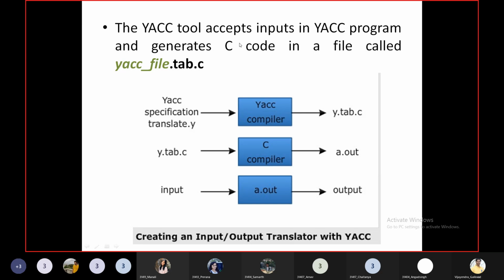So here you can read: the Yacc tool will accept a Yacc program, that means the .y file, and it will generate C code in the file .tab.c. Whatever is the name of your Yacc file, .tab.c will be the output file name. Got this? As usual, this .c file is submitted to the C compiler as input, and we get the executable a.out file,